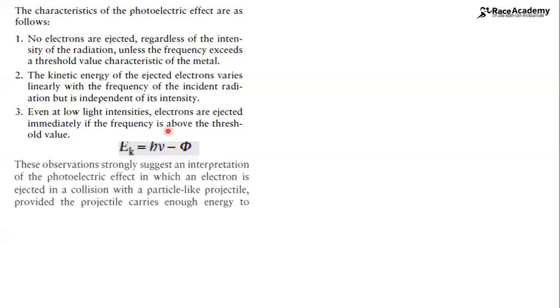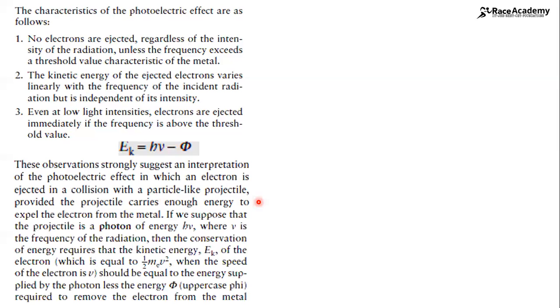These observations strongly suggest an interpretation of the photoelectric effect in which the electron is ejected in a collision with a particle-like projectile, provided the projectile carries enough energy to expel the electron from the metal. We suppose the projectile is a photon of energy h nu, where nu is the frequency of radiation, then the conservation of energy requires that the kinetic energy Ek of the electron